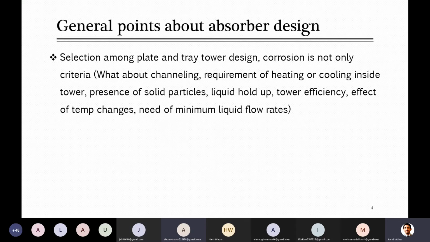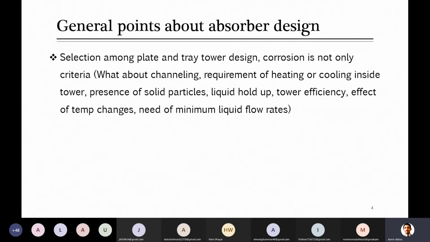Yes, good, it decreases. That's the reason your efficiency of the equipment will decrease when there is channeling. When you are selecting equipment, there may be only corrosion to consider and you go with this equipment, but it will be less efficient because it forms channels. Due to this, we discussed that whenever its height is greater than 6 meters, you have to use a liquid redistributor, because you can't avoid the channeling. Channeling even starts from the top. When liquid starts going down it starts, but it becomes severe as you keep going down. So you need a lot of redistributors, and from this you can get the idea that this is again not that efficient.